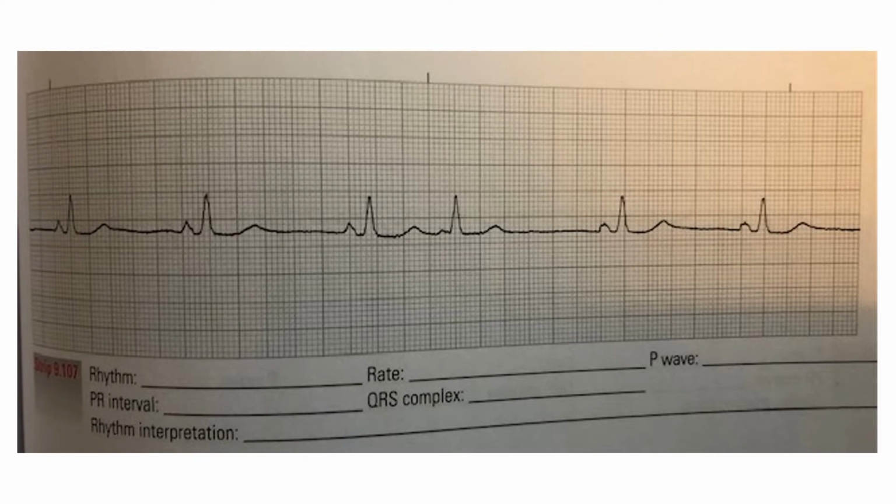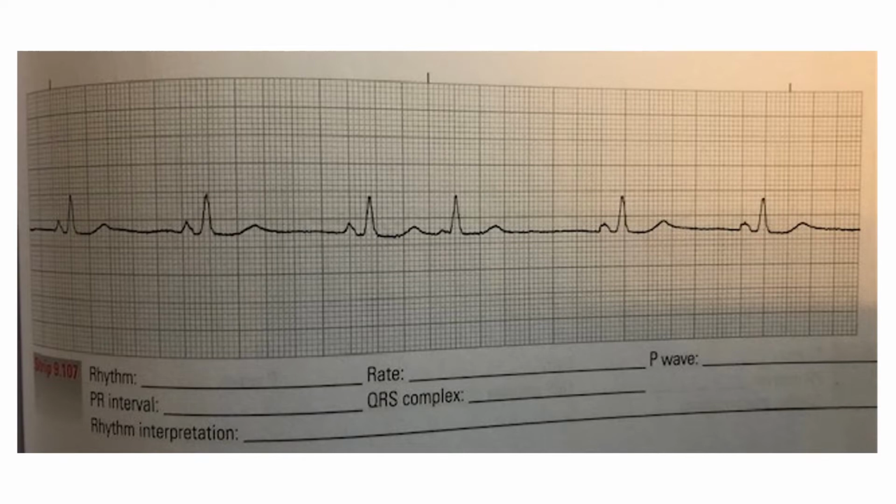This first strip, 9.107, looking at this, you're going to look at the rhythm. Is it regular or irregular? For the most part, it is regular, except for this premature beat. So we're going to determine that we can use the small box conversion table, so the heart rate would be 52. P waves, there are definitely P waves, so we have